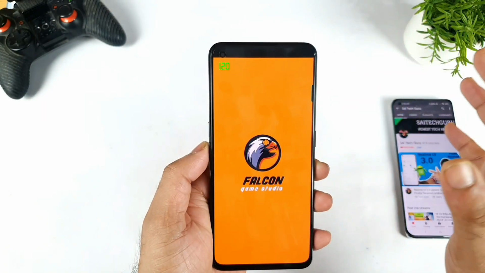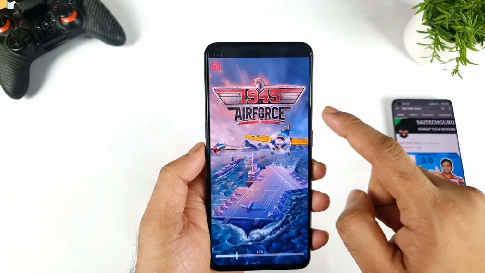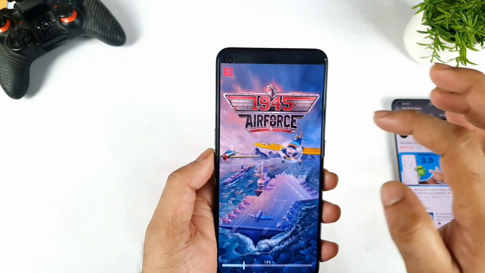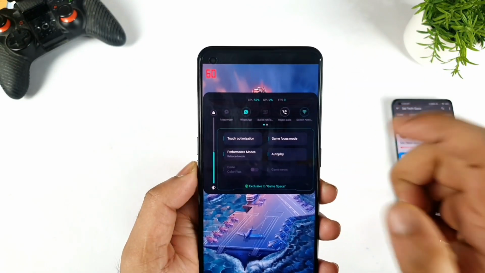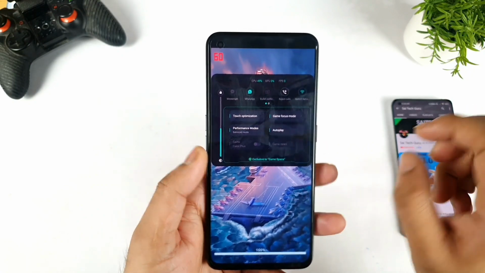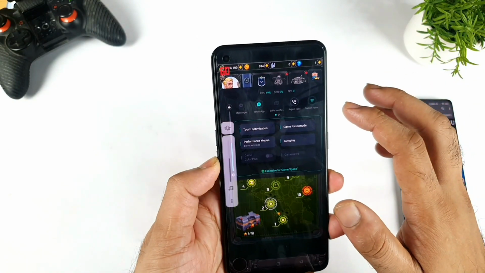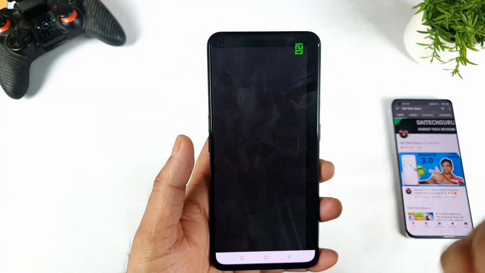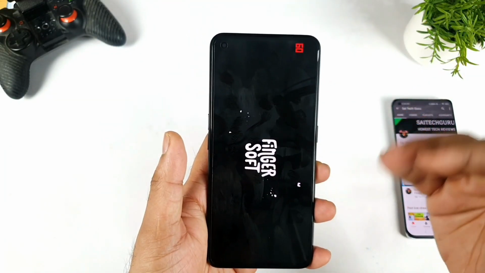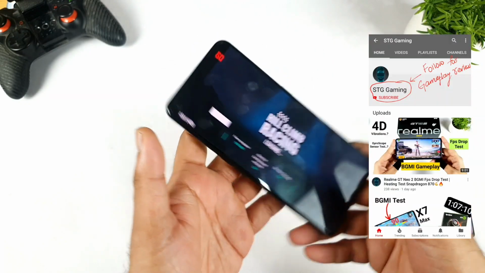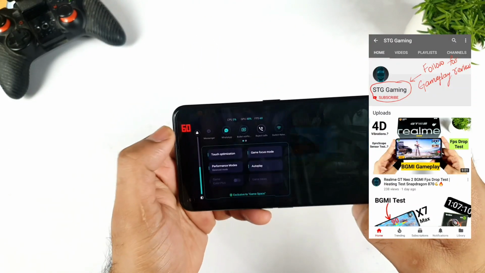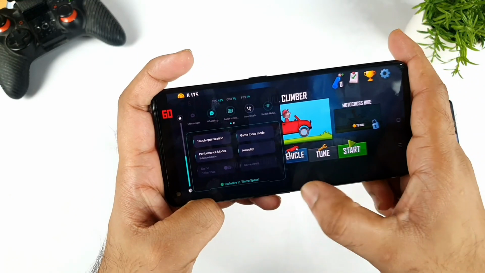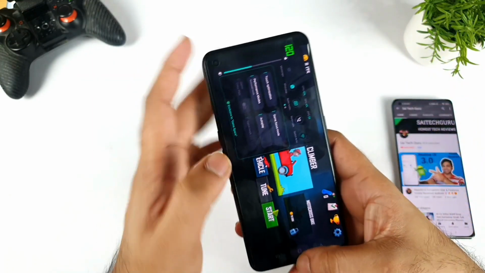Without using the solution, if you try to open these games, you won't get 120 Hz refresh rate support. These games only function at 60 FPS. They'll try to play, that's it. They won't play at 120 FPS without using this kind of trick. I'll explain the trick as well. I just want to show you before and after, whether it's impacting or not. That's the reason I'm trying to mention it clearly. So before, you can see even 60 Hz only I'm getting, nothing much. I'm not getting 120 Hz anyway.